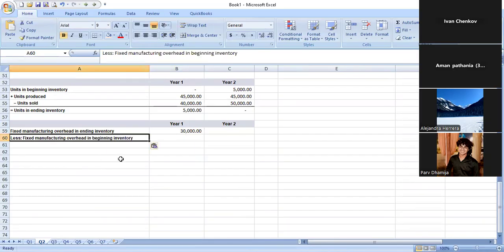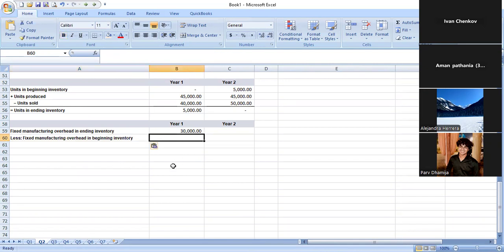Is this amount just for the ending? Yes, that's how much was left in the ending inventory. That's the one that creates that difference, right? Okay. But we don't have anything in the beginning inventory, so that will be 0 minus 0 here, and then we're going to have this manufacturing overhead, a differential released from the inventory,